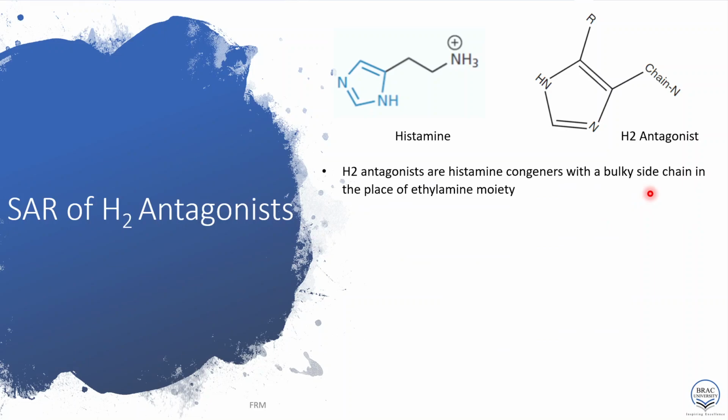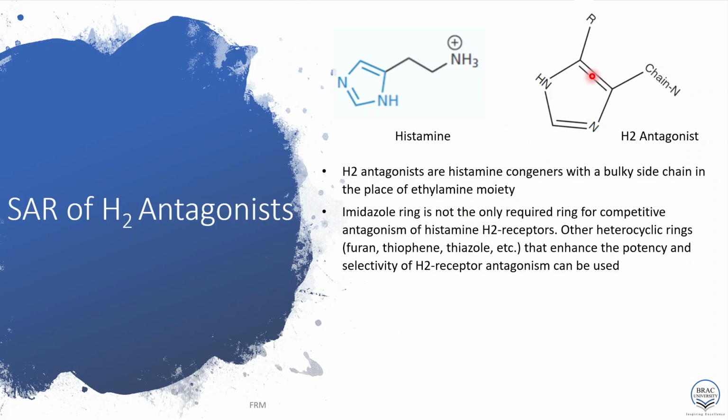So as I told, the H2 antagonists are histamine congeners with a bulky side chain in place of the ethylamine moiety. So this ethylamine moiety is replaced by a bulky side chain in the H2 blockers. So we saw that the extra side chain will interact with extra regions of the receptor. Next,